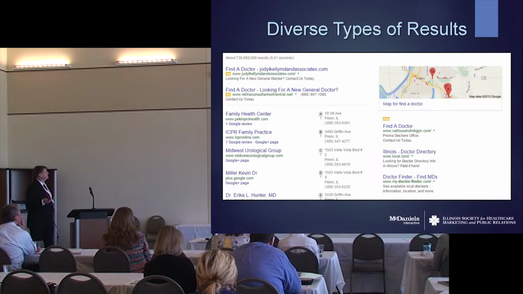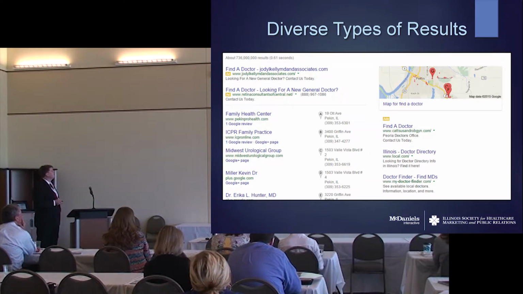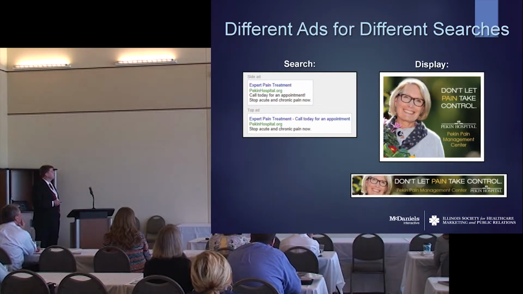This is just an example of a typical Google search results page. You guys have all seen this before. You've got your location ads, your locations that are coming up here. You've got your paid ads at the top. You've got your map results. And you've got, again, more ads off to the side. Anybody that's conducting a search, and this was just sitting in my office in Pekin, Illinois, typing "find a doctor near me," coincidentally enough, this is the top of the search results page. If this is what I'm getting, this is what most consumers are seeing. And then these are the types of ads they'll see.